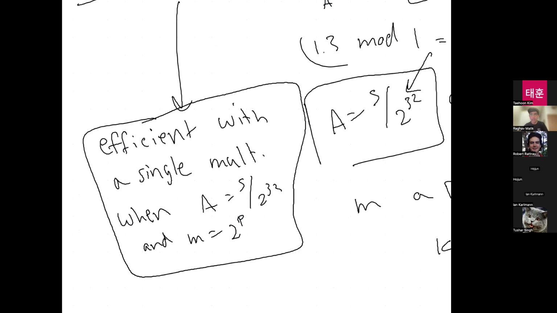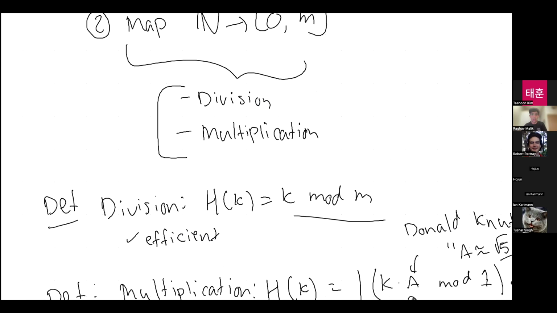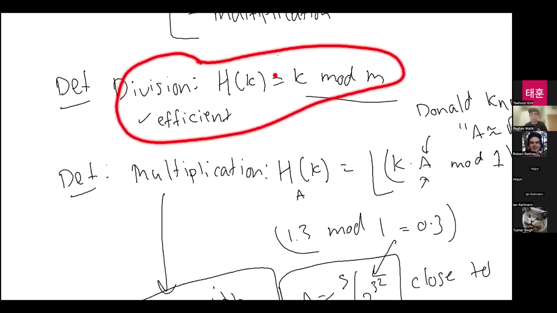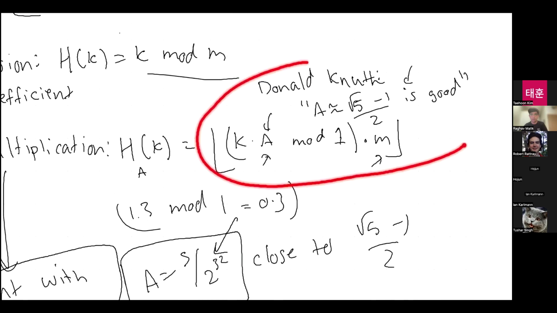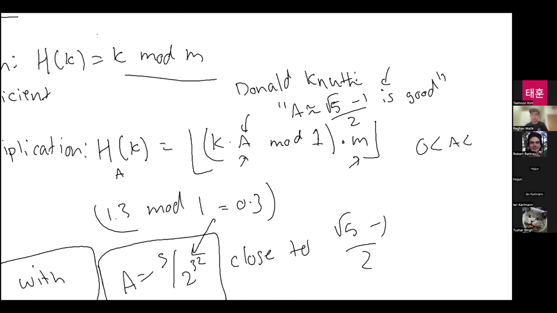So yeah, we've got two classes of hash functions, one with division, where we just mod by m, and one with multiplication, where we do this more complicated thing. We multiply by some fraction, 0 < a < 1. We multiply some fixed a times our key, and then look at the fractional part, and this gives us a ratio of how far along m we're going to look.